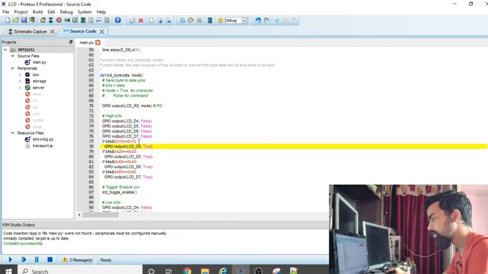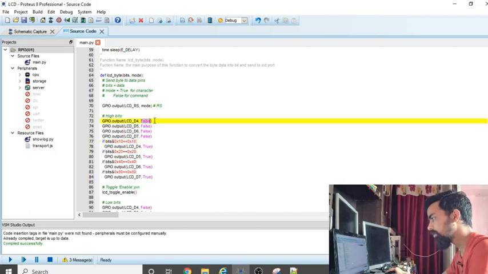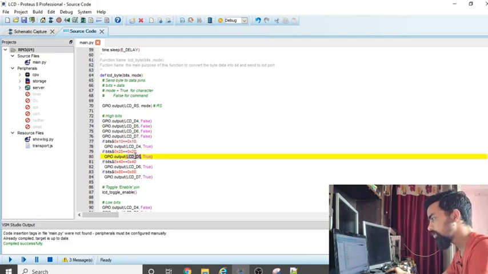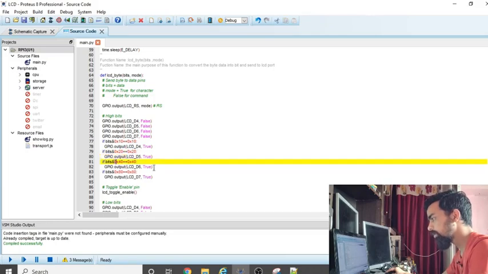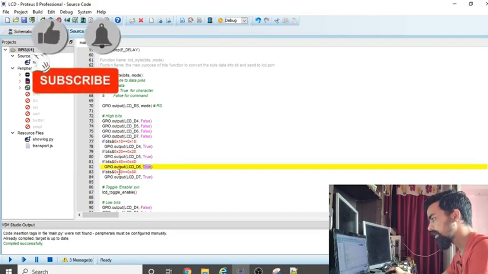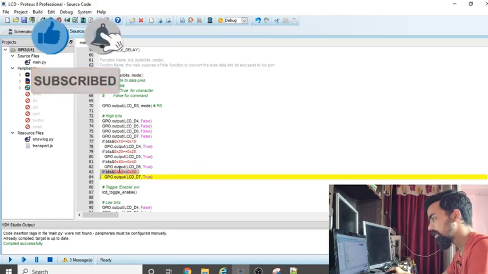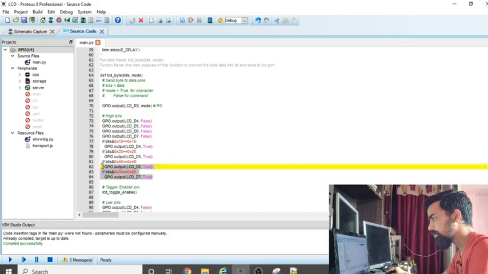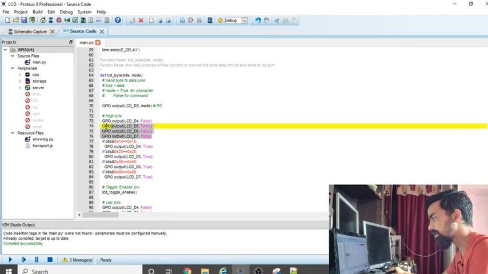If not, the false signal is already sent. Then the second bit from the higher nibble, 0x20: if the value after masking is 0x20, we set D5 to true. Then the third bit, 0x40, sets D6 to true, and the last bit, D7, if masking gives 0x80, we set D7 to true. If any of these conditions is false, the false signal is already sent.